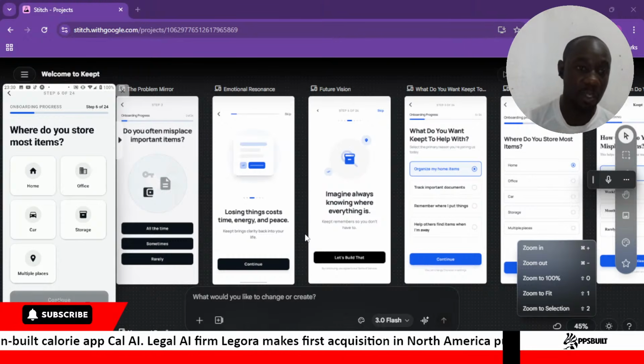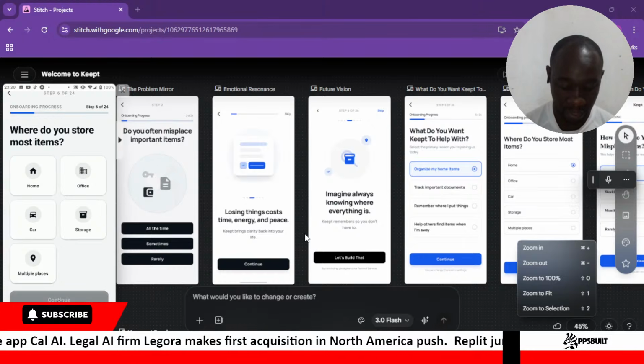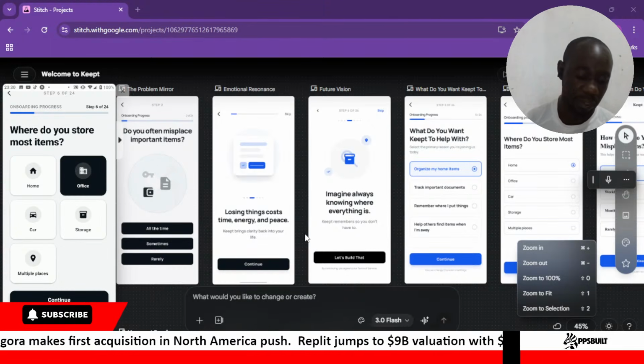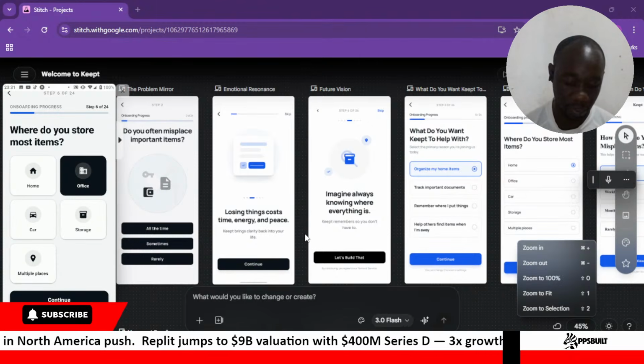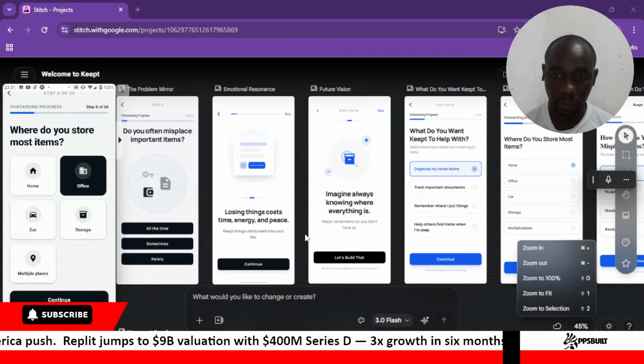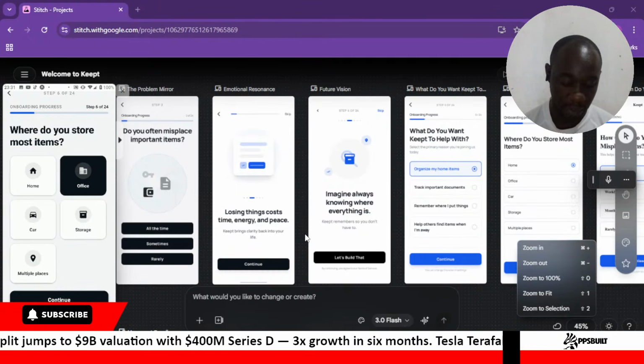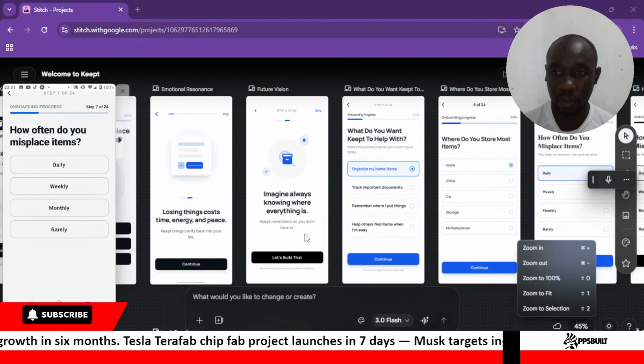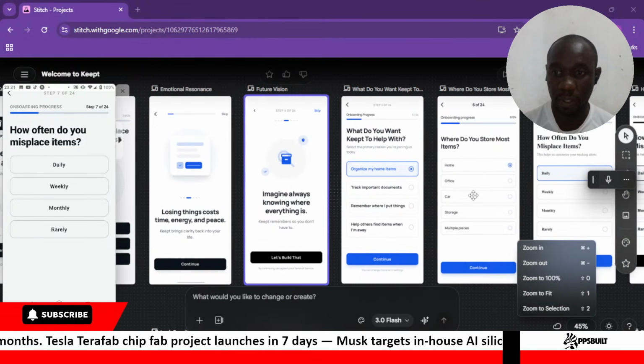Some of the screens it made some refinements in terms of the look, but not that much. It's just a few screens where you can make little modifications, but I believe it nailed what we wanted. So this is the 7th. Let's go to screen number 7.